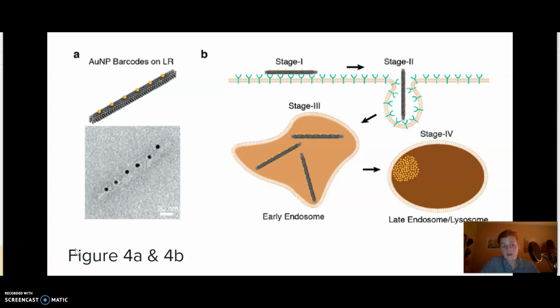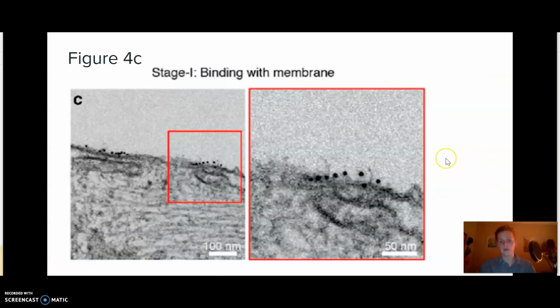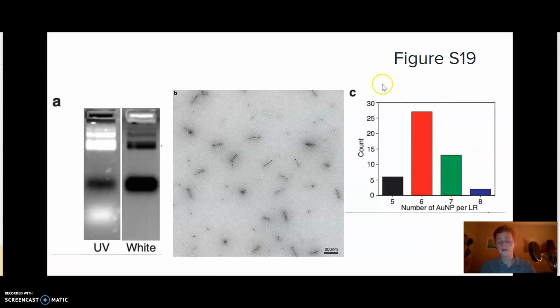So they wanted to be sure that it would be a DON large enough and linear enough to have a uniform pattern. That's where you see the barcode linear pattern here. Easy to identify through transmission electron microscopy, or TEM imaging. You can see it was actually a test run counting the different numbers of gold nanoparticles on each large rod DON, and it was found that on average 6 or 7